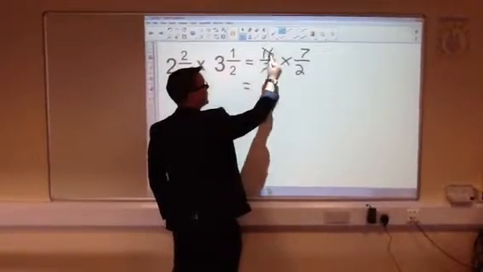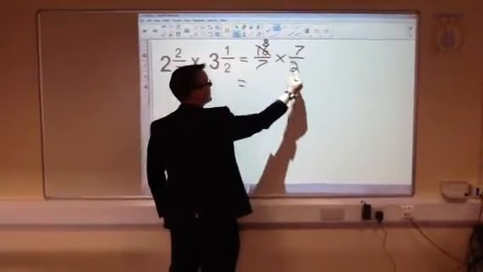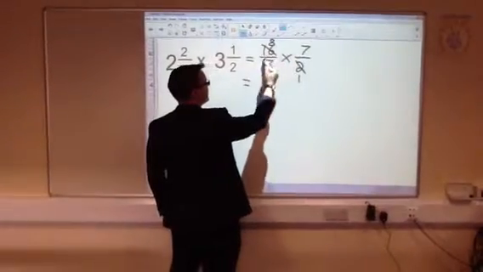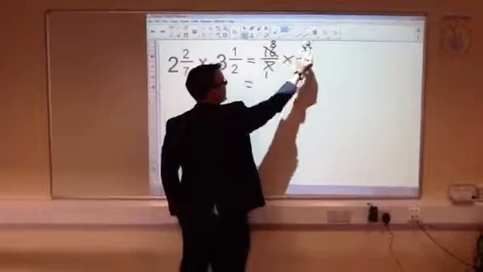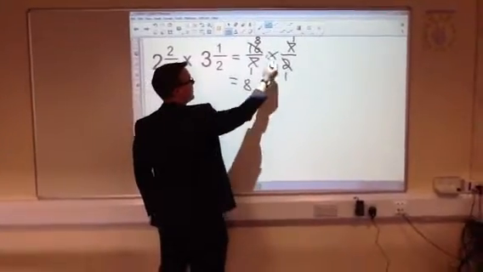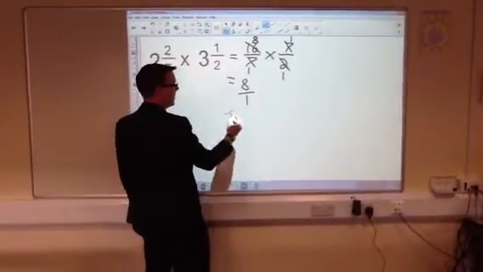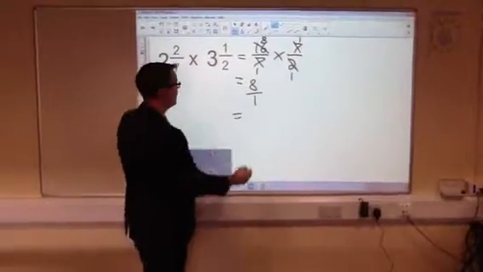Again, we can cross divide. 16 and 2, 2 goes into both, that goes into 8 times, once. 7 and 7, 1 time, 1 time. 8 times 1 is 8, 1 times 1 is 1, 8 over 1 is